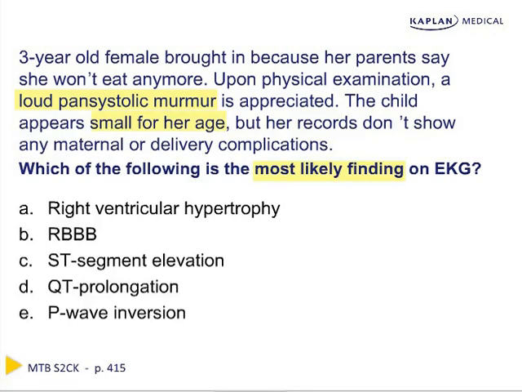So what's most likely to be on an EKG? What is most likely to be found in a patient with a known VSD and what sounds like Eisenmenger syndrome? Well, we know with the increased left to right shunt, the overload on the right side of the heart undoubtedly leads to right ventricular hypertrophy. So that's the answer. Right bundle branch block, it's not impossible, but it's most likely to be seen in those